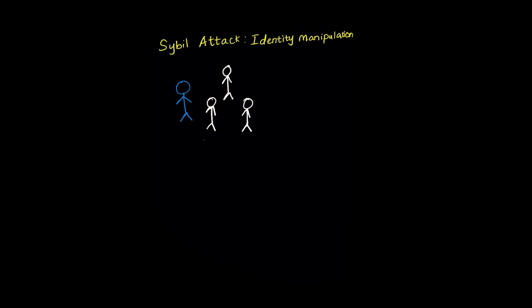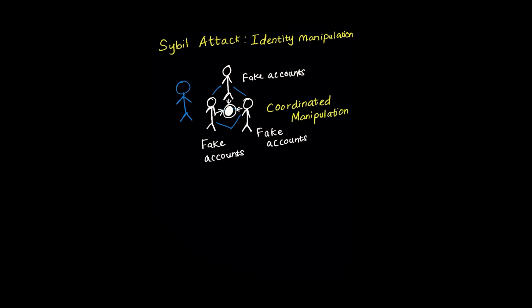Sybil attacks represent a fundamental security threat, exploiting identity uncertainty in AI systems. Named after the famous case of multiple personality disorder, these attacks involve creating numerous fake identities to manipulate system behavior. In the social media content moderation case, attackers create armies of fake accounts that coordinate to overwhelm the AI's decision-making. They exploit identity uncertainty because the system cannot verify if accounts represent real, unique individuals or are controlled by a